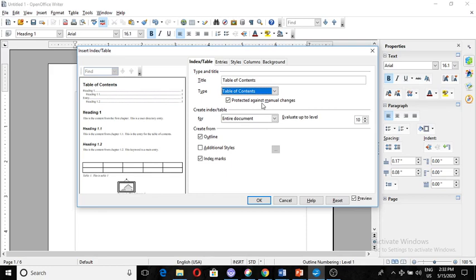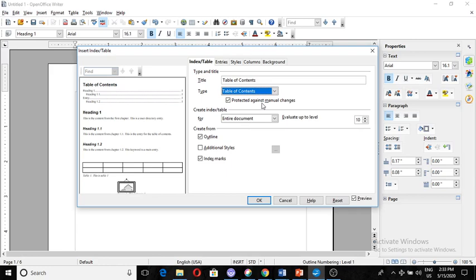This option states that whenever the table of contents is being made, if it is checked, then you cannot make any changes on the table of contents, and if it is unchecked, then you can edit the table of content manually.